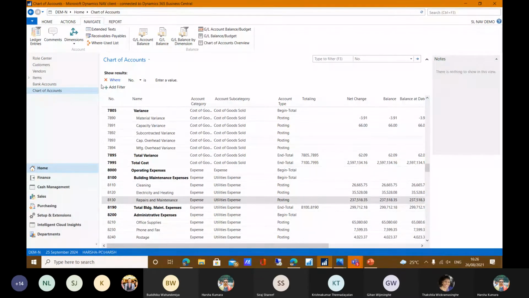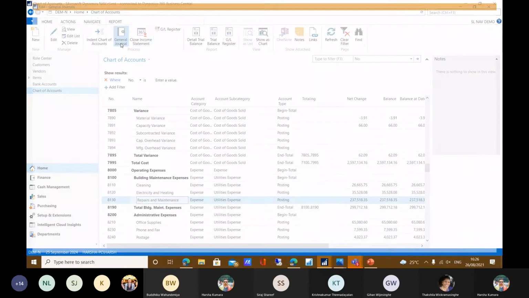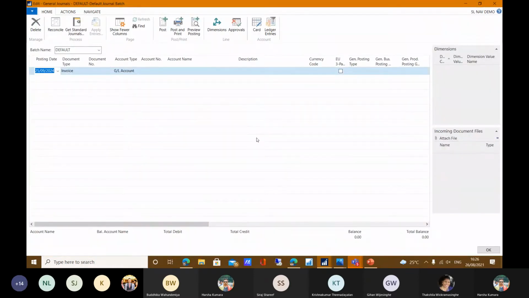Okay, I will go to general ledger and expense related figure into the repair and maintenance. Then I will go to the general ledger, general journal, and here general journal means this is the central place for the posting of JV in Navy, and you can post any JV to the expense account or any correction entries or anything using the general ledger using the assigned general journal batch.